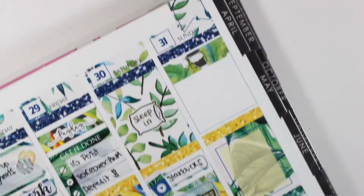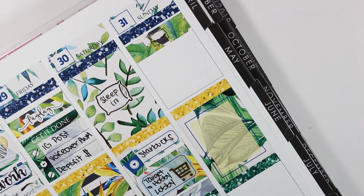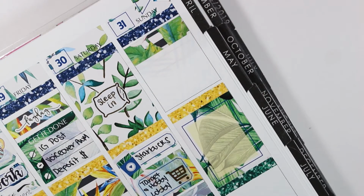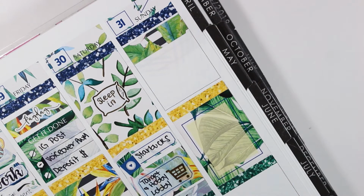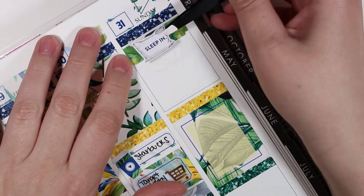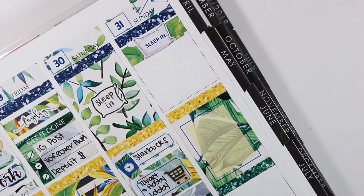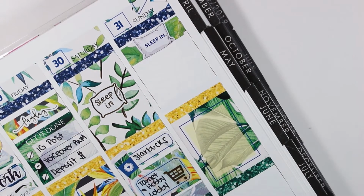Moving on to the top of Sunday, I used another washi strip from the kit and another one of those eyelash pillows from the Sticky Committee. And then I didn't really like how you couldn't see the sticker super well, so I pulled the sticker up with some undo, like I have been doing pretty much every single day. And then I used this dark blue foiled sticker from my newest addiction that says Sleep In